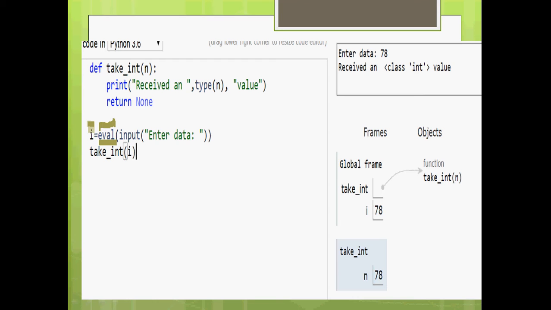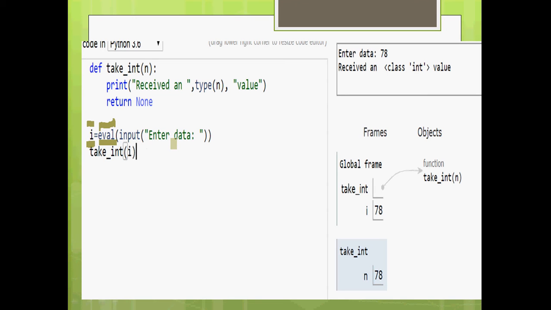Whatever the user wants to enter, he or she can enter, and depending on that value, the eval function totally dynamically decides the type of the data, and that type will be the variable I. So if I want to enter a string, it is possible. It will be taken as a string.